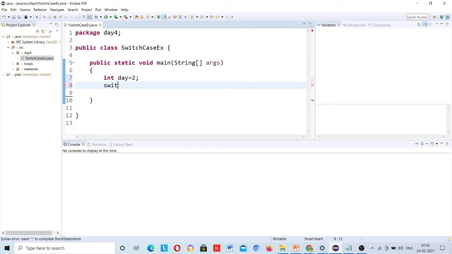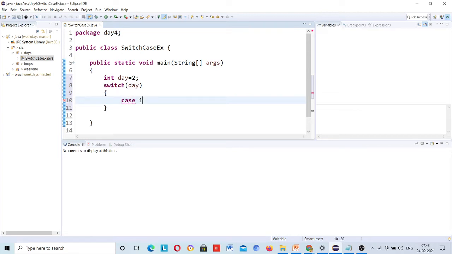And here switch day, and then case 1, I will print with sys out, Ctrl+Space, Monday, and then I will use break here.